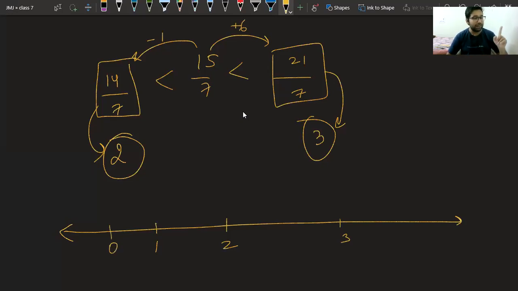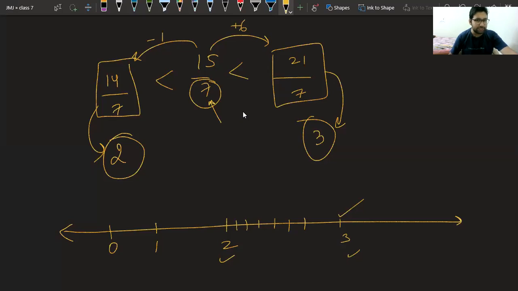Class, one more thing, please tell me between this 2 and 3 how many divisions will come. Seeing this denominator, can you tell me how many divisions will come? No, not 10. You have to see the denominator. It is 7 over here, so you will have 7 divisions. Let me make 1, 2, 3, 4, 5, 6 and 7 is this only.